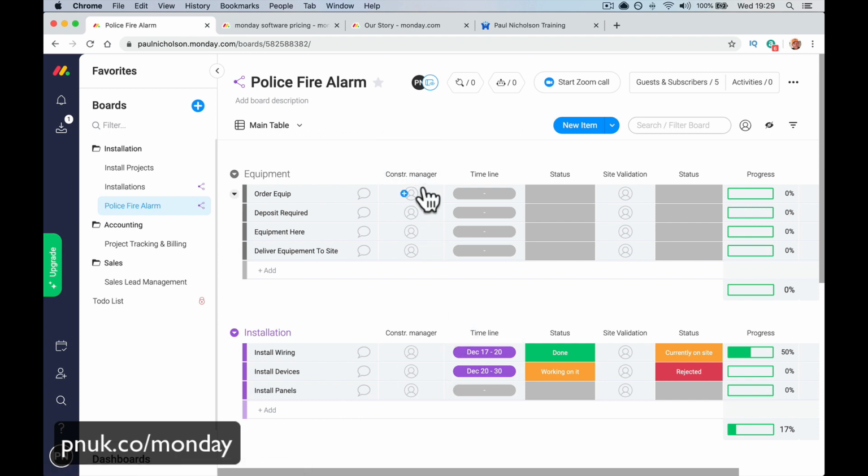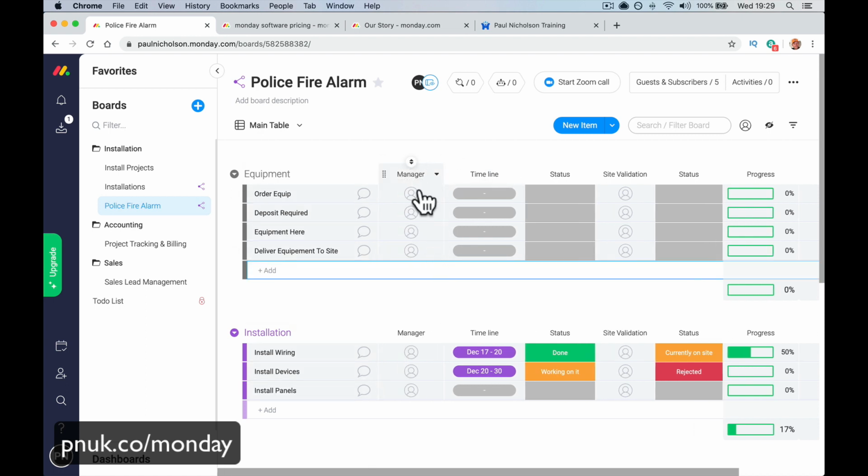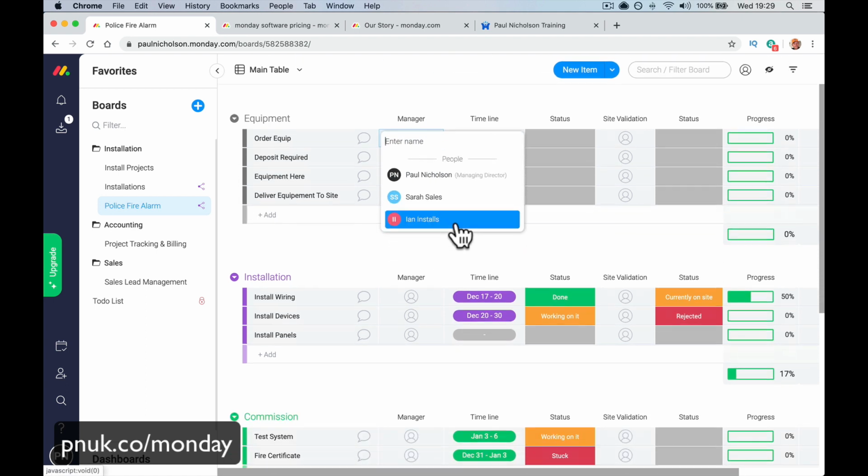apply the person's column. So you can rename it whatever, manager, owner, task owner, whatever you want it to be, right? I can click here now and pick who is in charge of this task, right? So